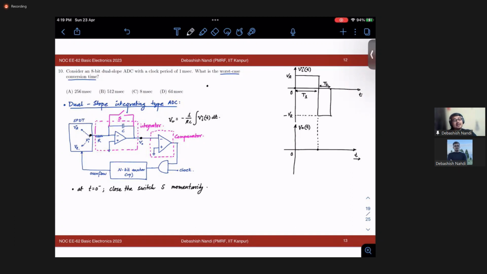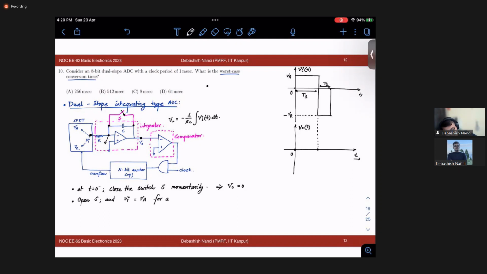Okay, what does that do? If you close this switch, that means this and this are shorted. This node is in virtual ground because of negative feedback, so your V out will be at 0. Okay, this makes your V out at 0. That means you have 0 voltage here. Fine. Now open S and